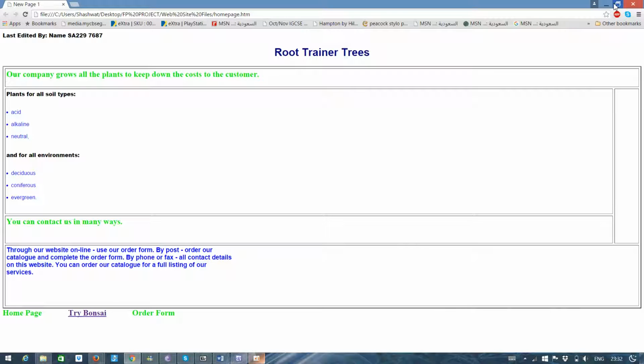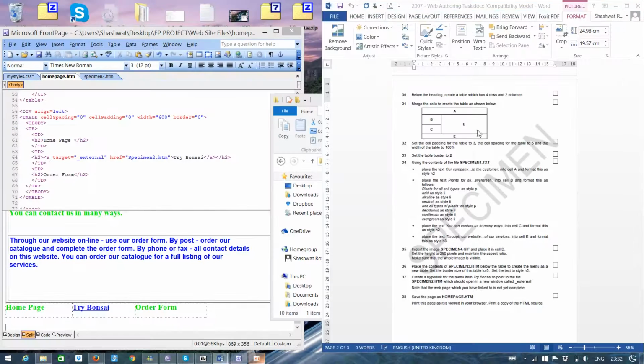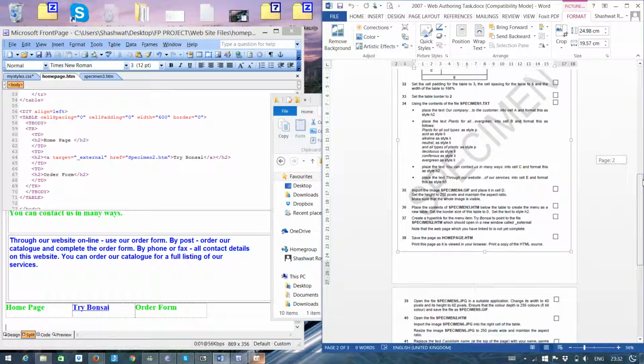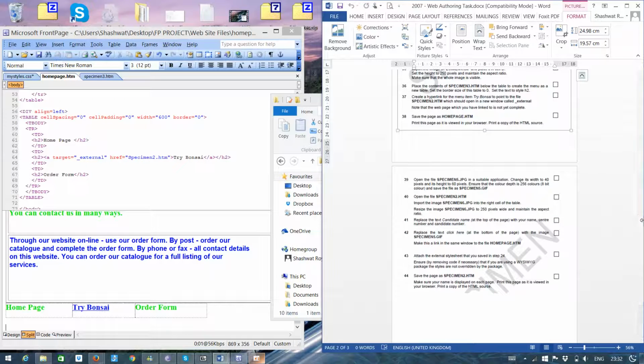Just minimize this and keep. This is done, so we'll close it. Scroll down to the next part. Open specimen5.jpg in a suitable application. Change the width to 40 pixels. Ensure that the color depth is 256 colors, 8-bit color, and save the file as specimen5.gif. So any file that you have to edit,